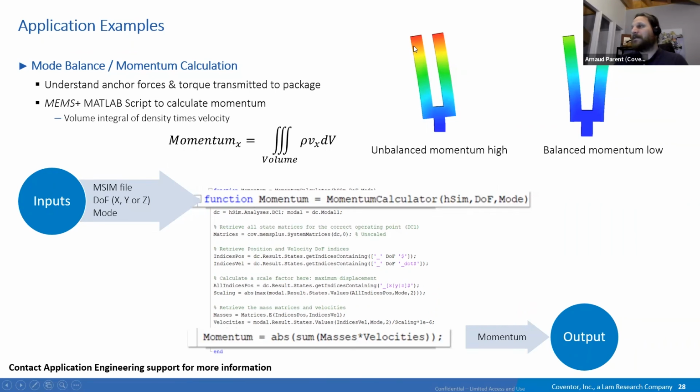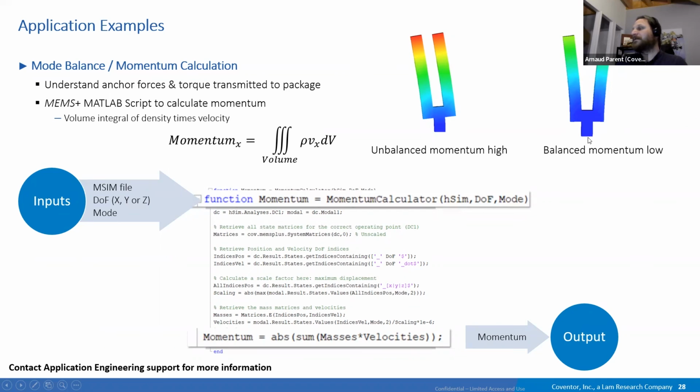So let's start with the first one, the unbalanced one. All the mass of the two arms is moving in the same direction at the same time. So this will exert some force on the fixation, for example, and it's an unbalanced mode. With this other mode, half the moving mass is going in one direction while half the mass is going in the other direction, and the forces cancel each other. This one is balanced. So if you excite this mode, it will apply much less or no force to the stem, for example. And in application, this one will have a higher Q factor because there will be less